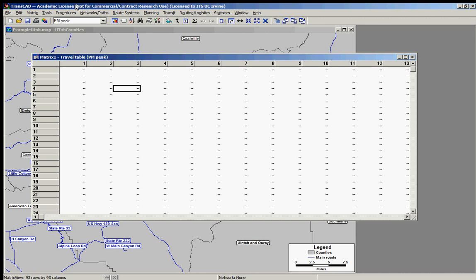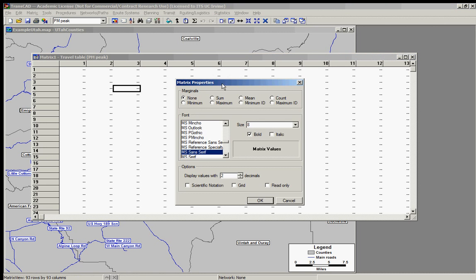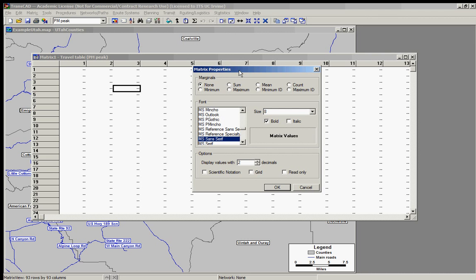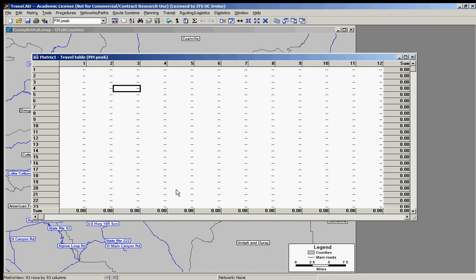Some operations are pretty useful. The first thing to help analysis is just this little button here. There are the labels. You can put the marginals on it: sum, maximum, minimum, mean, count, whatever you want. Let's put sum. It's 0 in this case. You can sort,